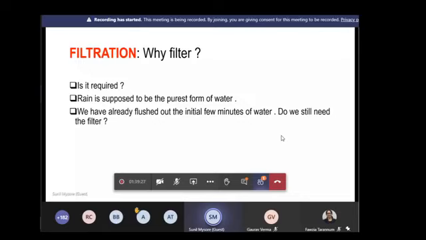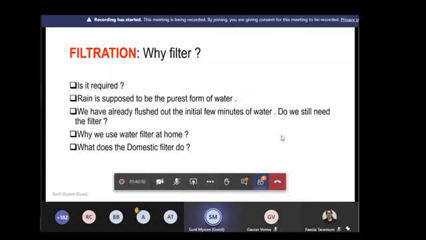To look at this, we have to understand why we use the filter at home. We may be using the Hemamani filter, Kent or something, and then RO, and so many other brands. RO is a different concept altogether. If water is hard, you need an RO. But if it's salt water, you don't actually need an RO. But why do we have a filter at home? Because there is some amount of scare, and there's some psychological angle involved. So we use a filter at home, and it's good to use the filter. But why do we need a filter for rainwater? That's the question.